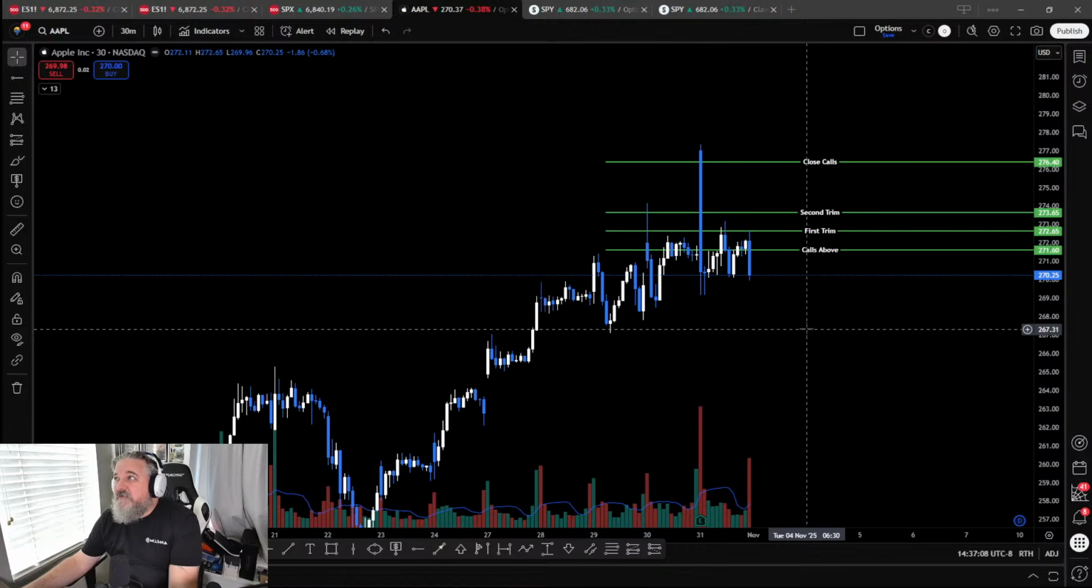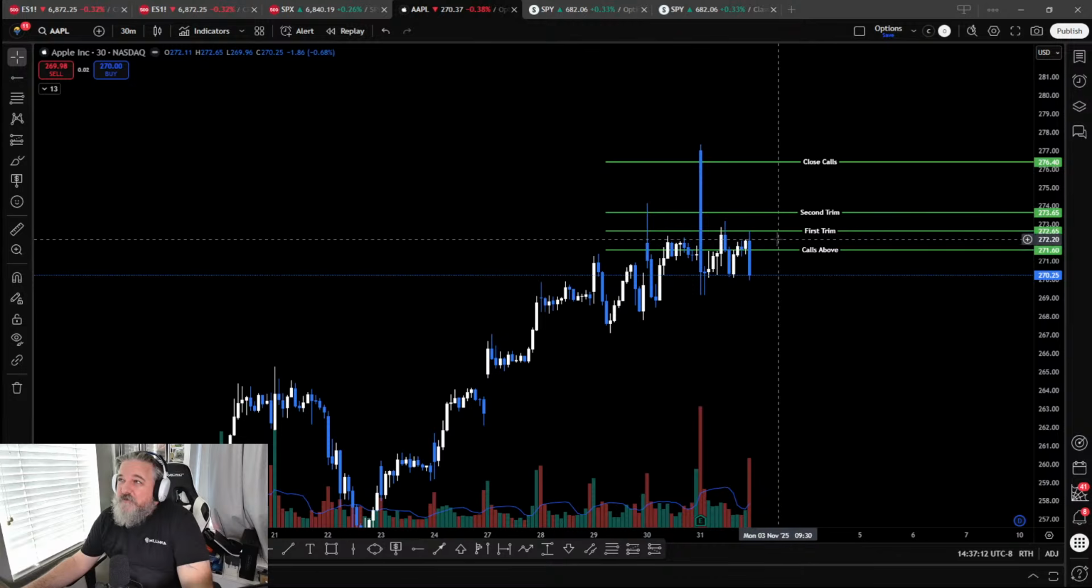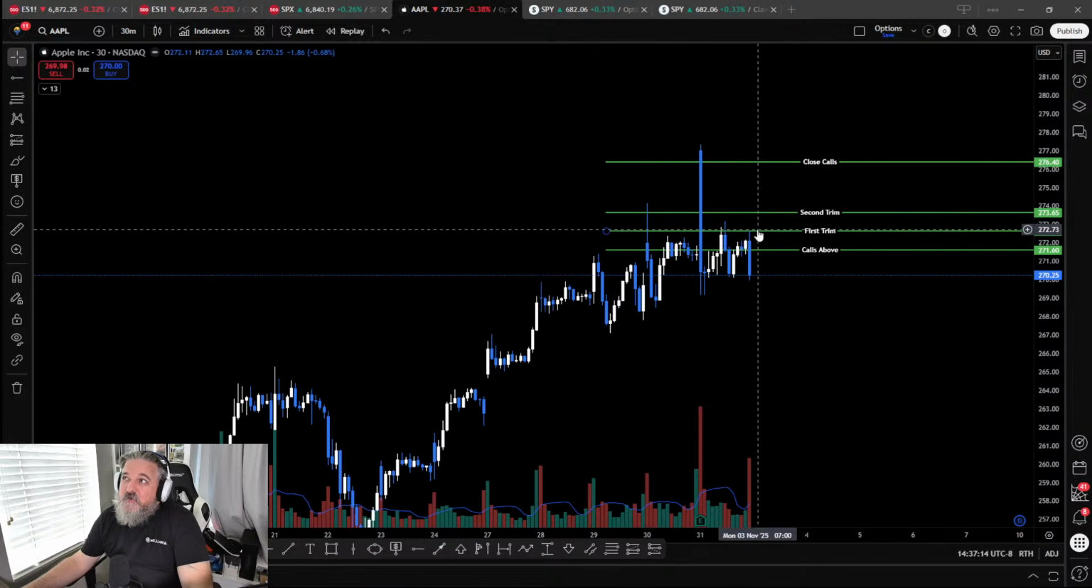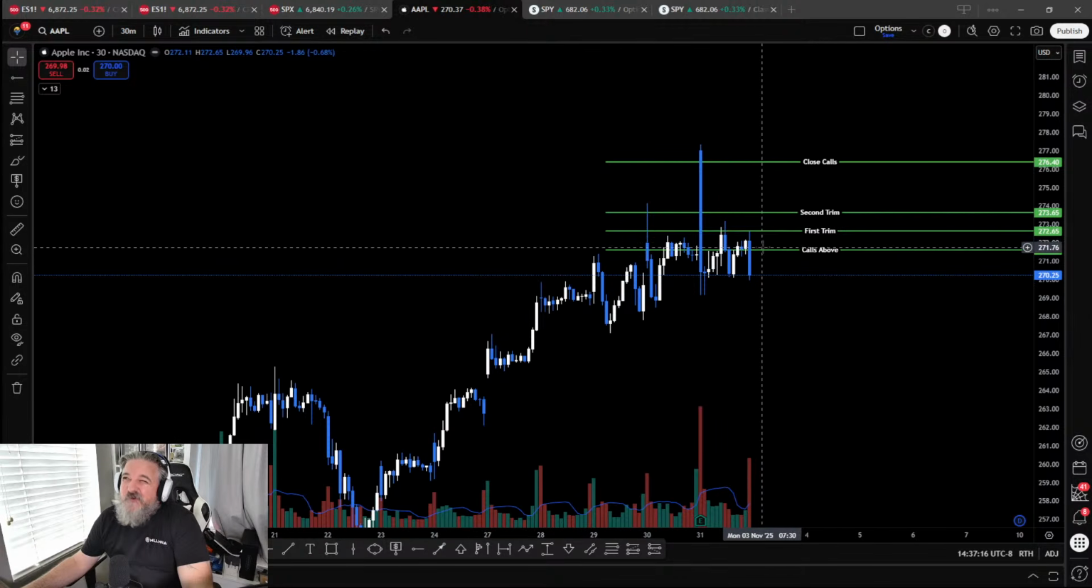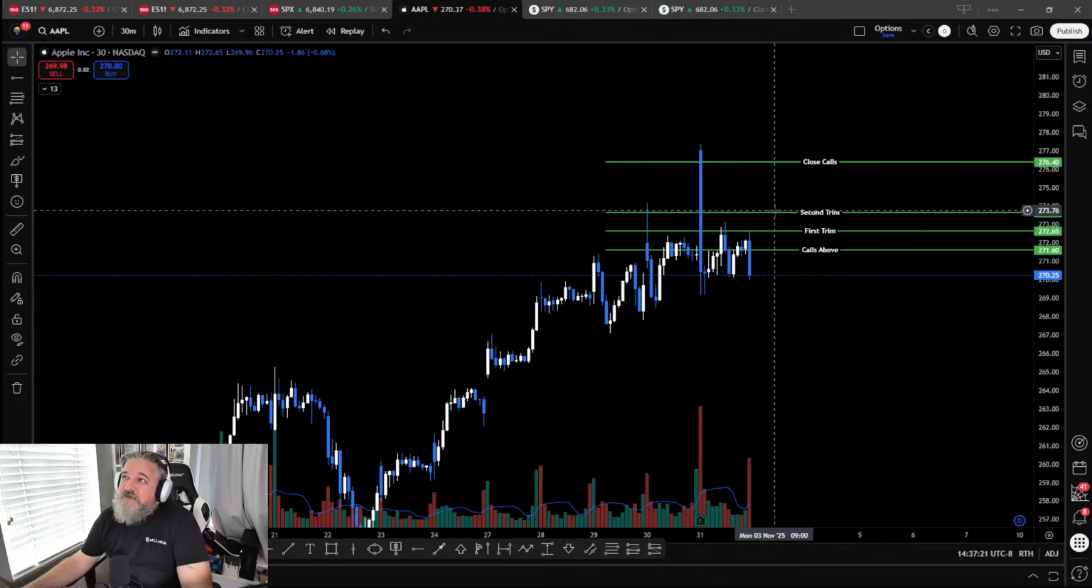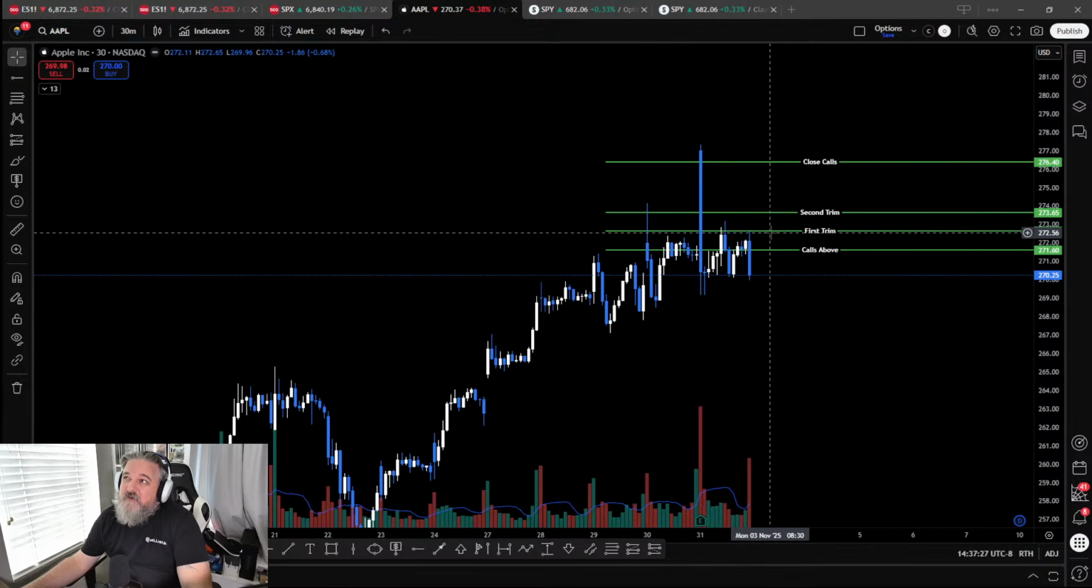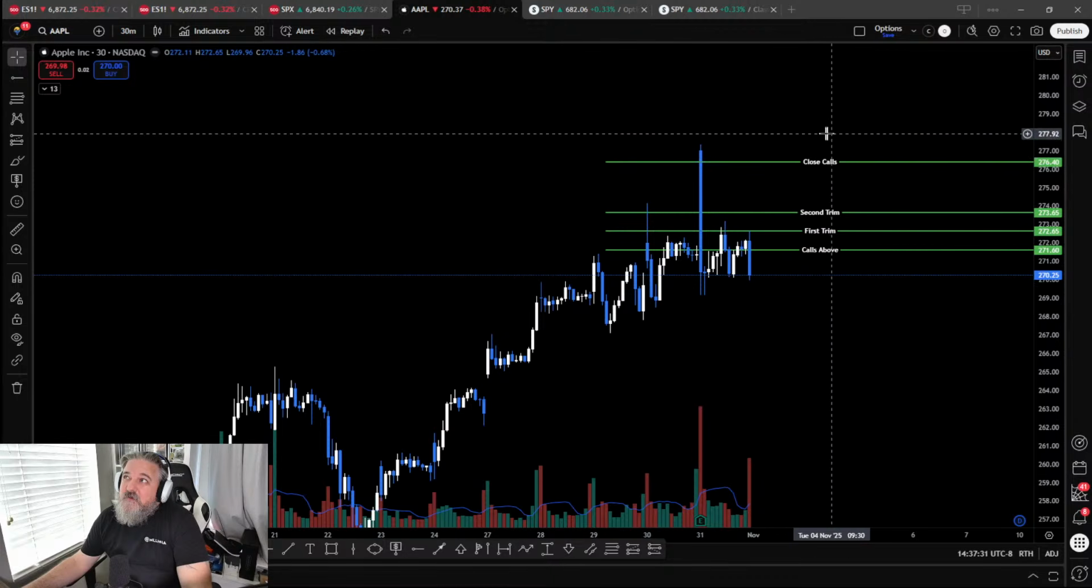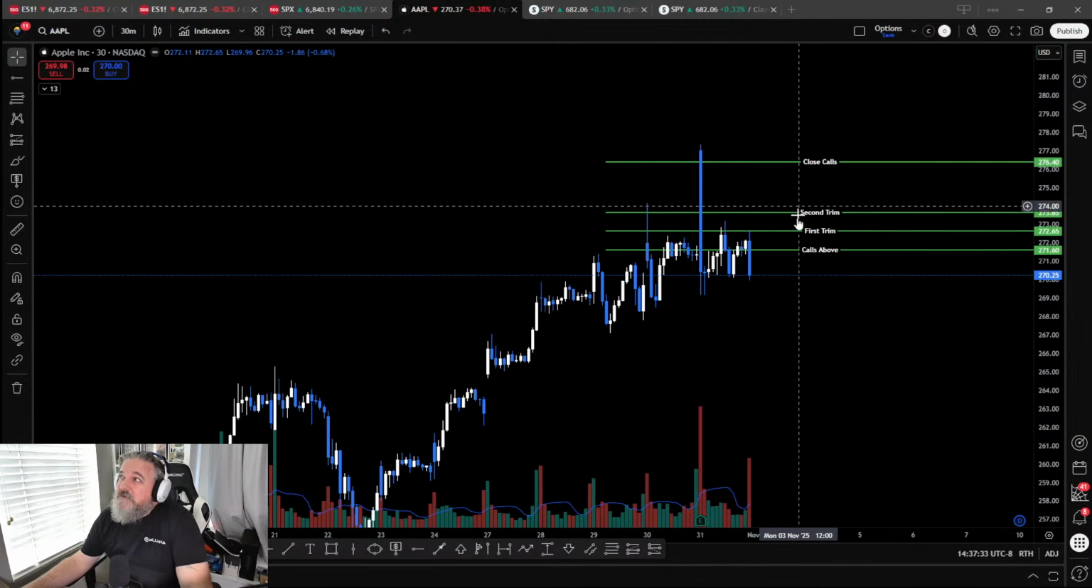I'll take a first trim at 272.65. Meaning if I'm holding more than one contract, I'm going to close one here, and at that point my stop loss would be break even. If I'm holding more than two contracts, then I would trim a second one here, and then my stop loss would become my first trim. And then if it makes it up to here, I'm closing everything at